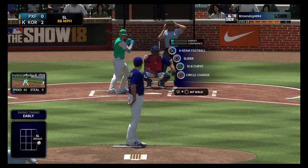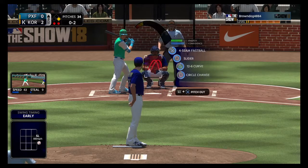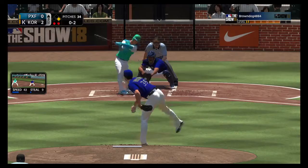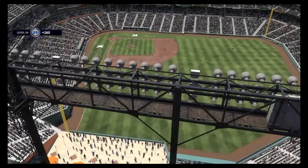He's got to be more disciplined here. It's 0-2. This is why this guy is so effective. He's able to pound the zone, get ahead. A swing and a miss. That retires the side, and